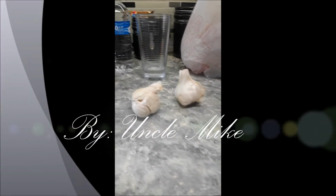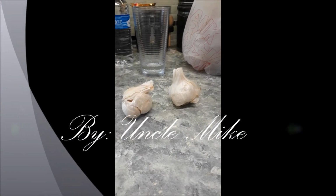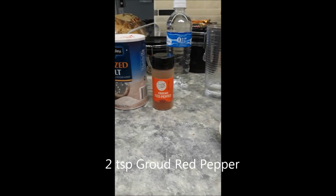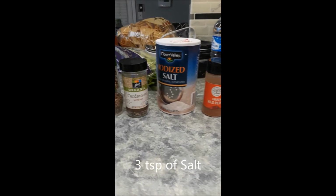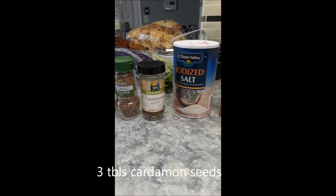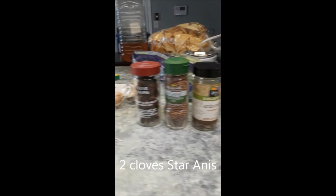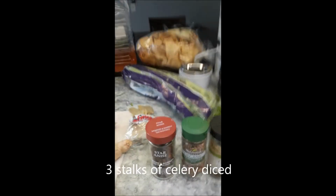Alright, Winky, here's what you're gonna need for this soup. 2 garlic cloves, you're gonna have to dice these up. Red pepper flakes, salt, cardamom, coriander seed, and that's a seed too for the cardamom. Star anise, celery,